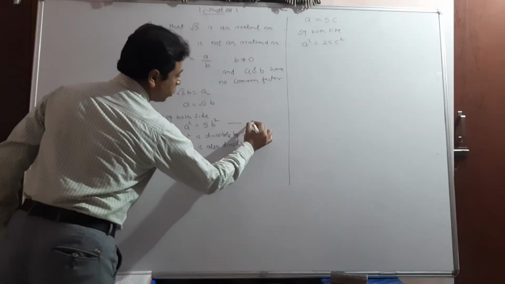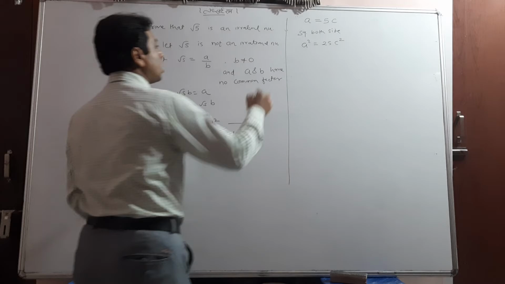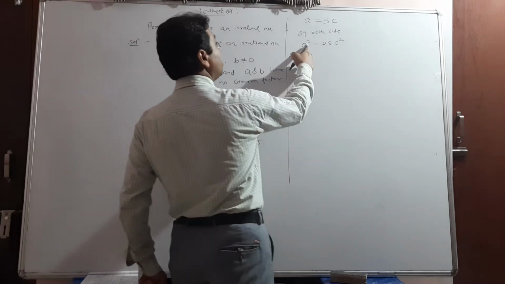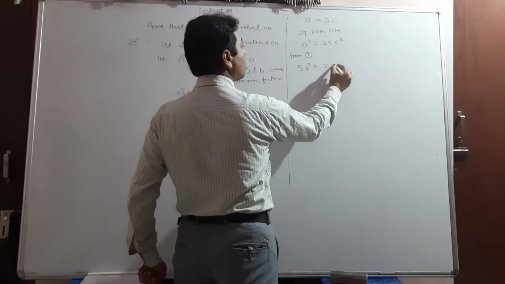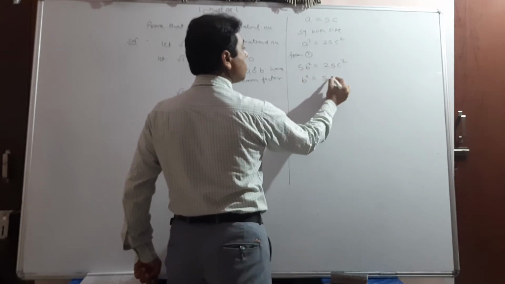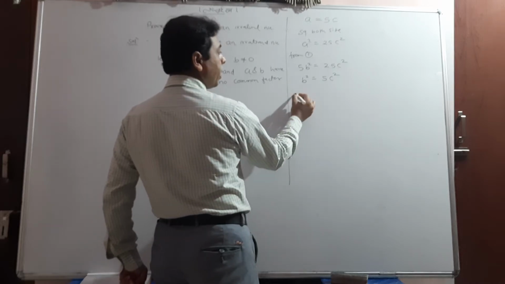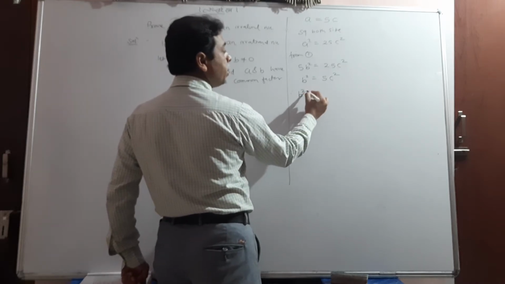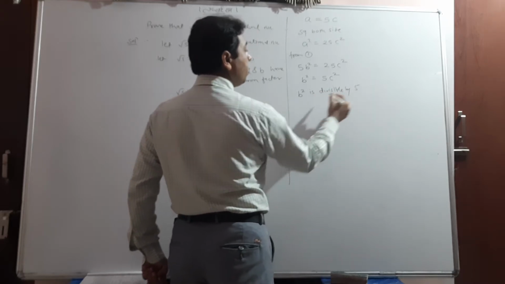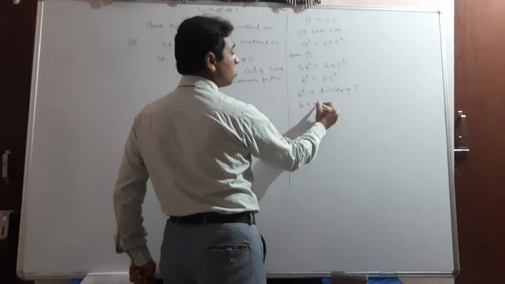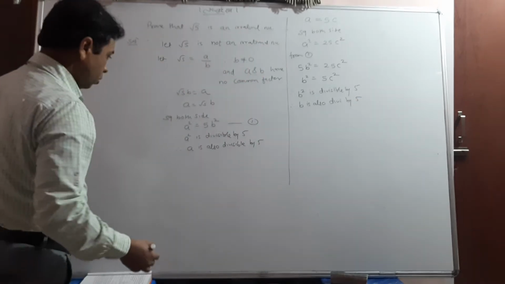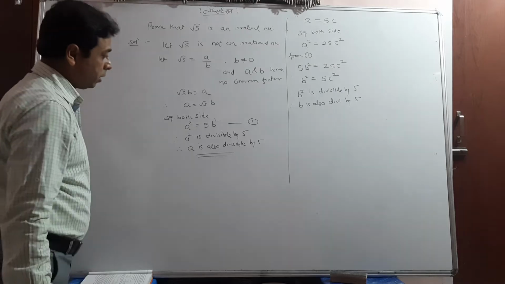Look at this equation. From first equation, a square equal to 5b square, put here 25c square. 5 and 25 will cancel by 5, so b square equal to 5c square. And one should know that when equal to sign comes between them, I will write b square is divisible by 5 so that b is also divisible by 5. And remark that this is a sentence and this is a sentence.